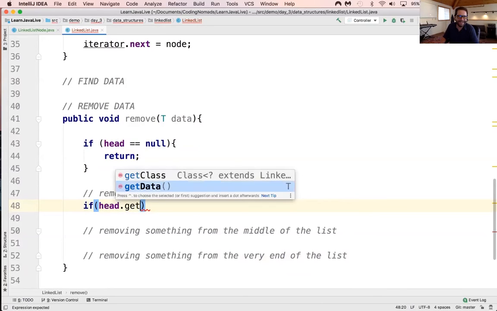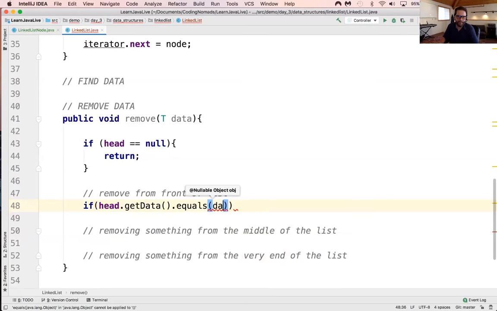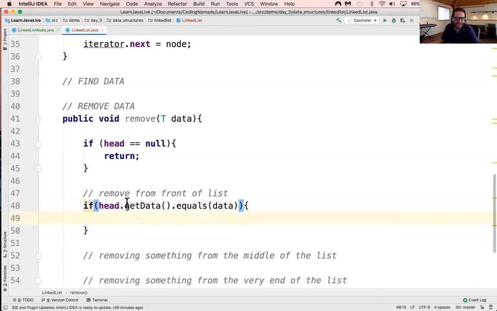getData dot equals data, right? And head.getData will return the data in the head node. I'm going to check if it equals, using the dot equals method, we'll actually check if the two elements contain the same data. And what I'm checking against is data, which is this parameter that was passed into this method. So if head.getData.equals data, that means that the first node contains the data that we want. All I need to say is head equals head.next, which is basically just going to say,